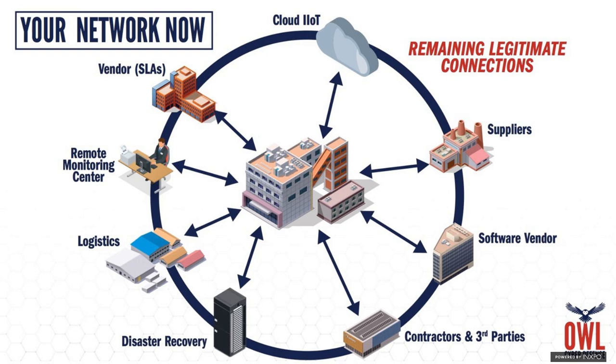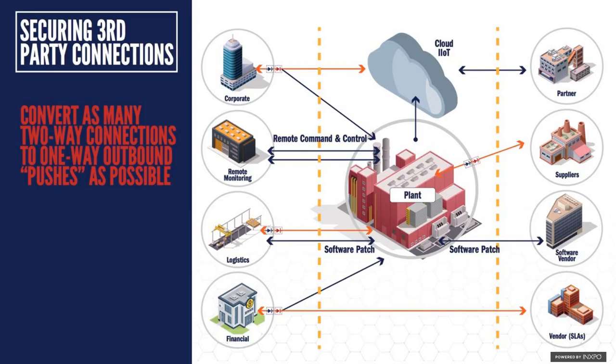So what we've got is the remaining legitimate connections at this point. Now, the problem is we still got two-way connections, right? Because that's the way the world operates today. Everyone thinks about two-way connections. I send you data. Did you get my data? Great, thank you very much. I'm going to send you some more data. Did you get my data? And that kind of thing. We'll think a little bit later about what we do in terms of moving to one-way connections and how that works. But at this point, you've cleaned up your network, but you still got a lot of two-way connections. So we still got a lot of vulnerabilities there that we need to address.